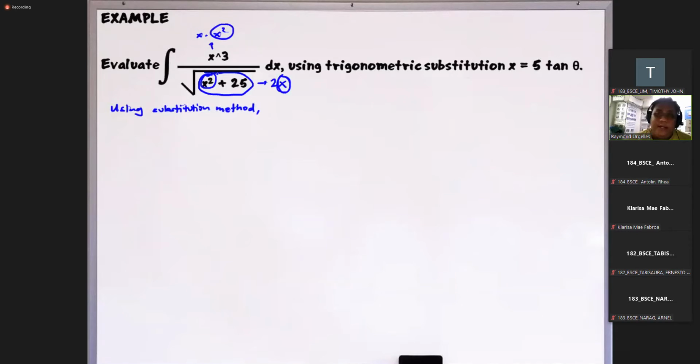So para ma-simplify natin ito without using trigonometric substitution. Okay? Magegets niyo rin yan pag medyo sanay na kayo sa mga integration problems. Practice lang naman yan. So practice lang kayo ng practice ng integration.